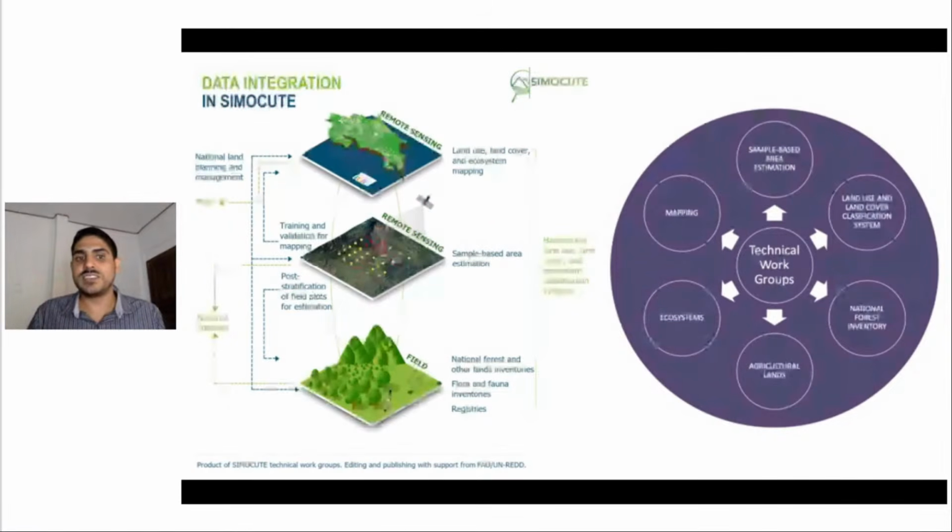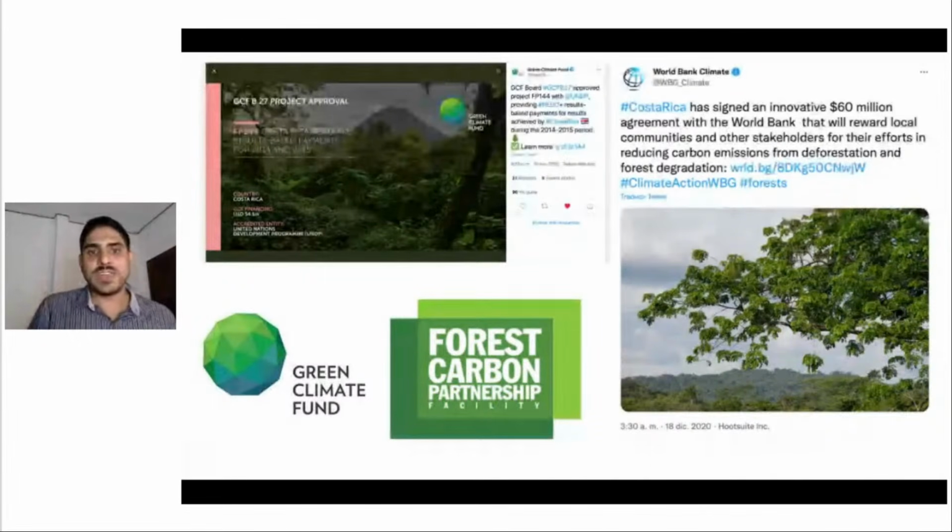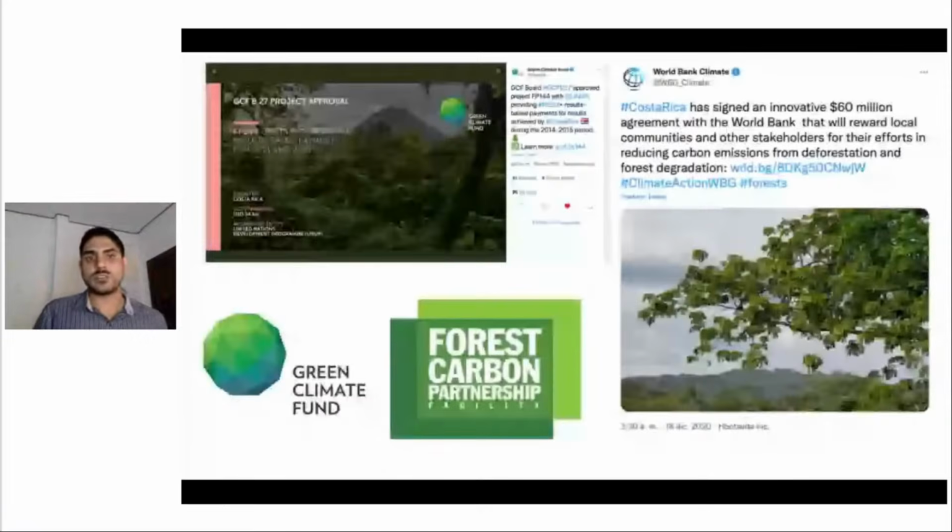Costa Rica initiated the design of SIMOCUTE in 2015 and formally adopted it through an executive decree signed by the President and Ministers of Environment, Agriculture, and Justice in 2021. We have been able to demonstrate good performance in the management of our forest emissions that can be tracked in our greenhouse gas inventories. This has enabled us to receive result-based payments, and the latest contributions announced last year that are shown on the screen amount up to $120 million from the Green Climate Fund and the World Bank's Forest